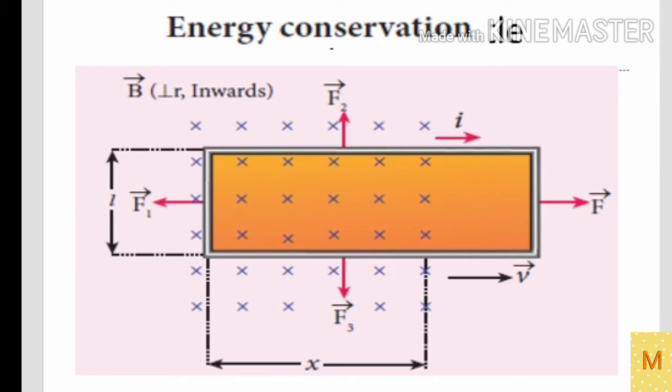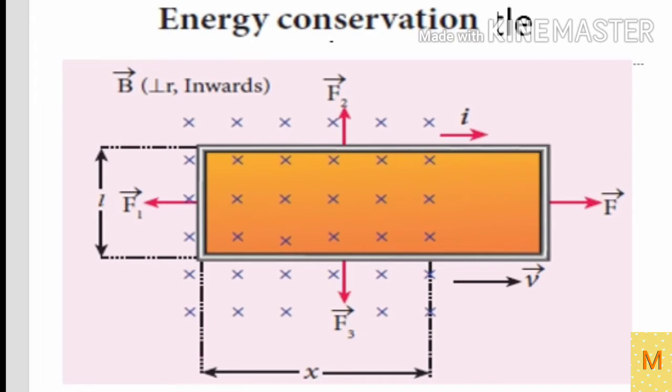Here we are going to discuss that when the induced current flows in the loop, the Joule's heating effect takes place, which means that the energy is dissipated in the form of heat. In this experiment, we are going to derive the equation for the power which is generated in the form of